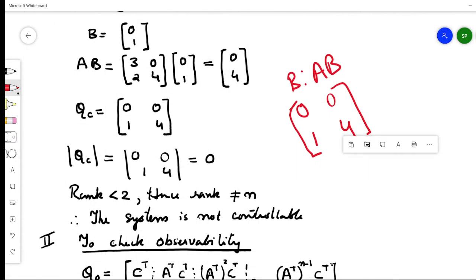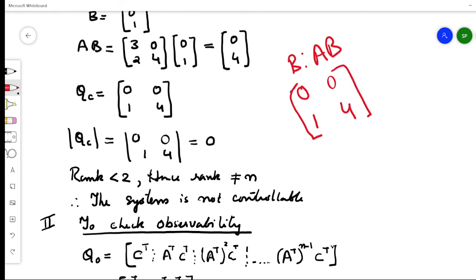So in this particular case, if you want the rank of QC to be 2, then we have to take the determinant of QC and check that it gives a non-zero answer. Then you can say the rank is 2. When you take the determinant of an n by n matrix, and that determinant gives you a non-zero answer, then the rank is n. If it is equal to 0, the rank is not equal to n. So in this particular case, we will be taking the determinant of QC.